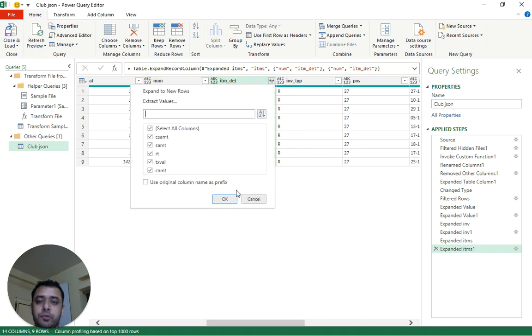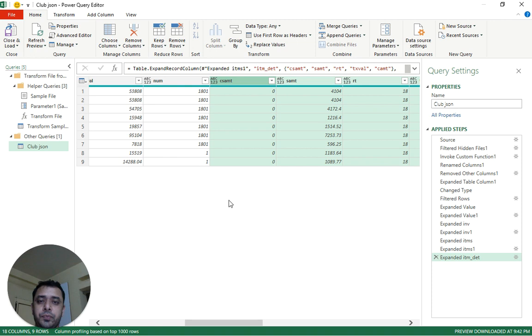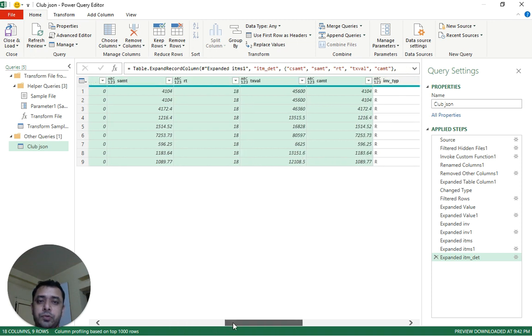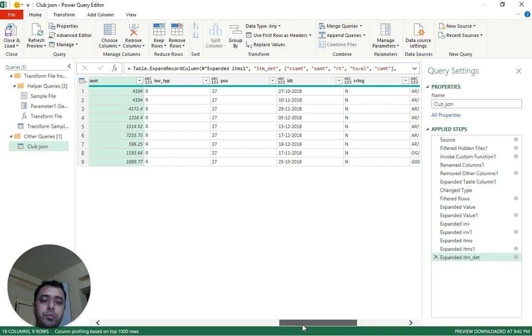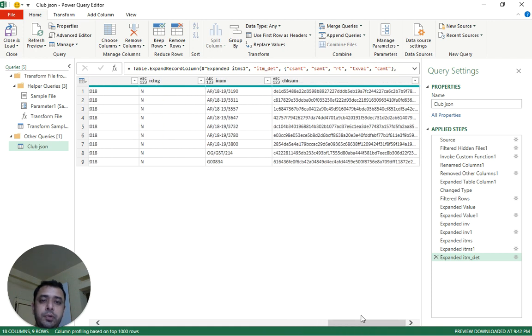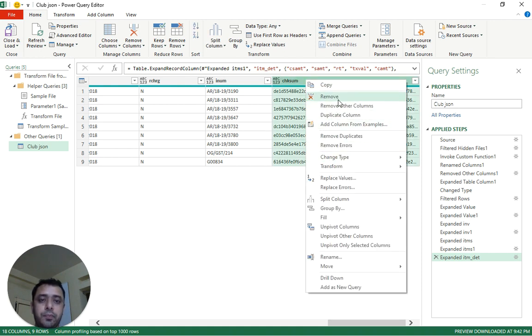Same process we have to repeat. You might be noticing that I am clicking on load more. I am clicking that so that we don't miss any data which is there in columnar format. You can delete the columns which you don't want. So I am deleting this checksum column.